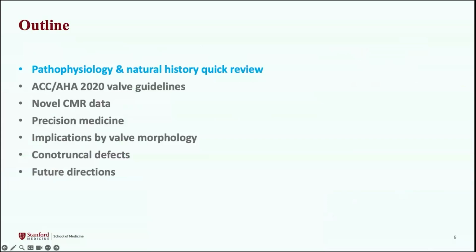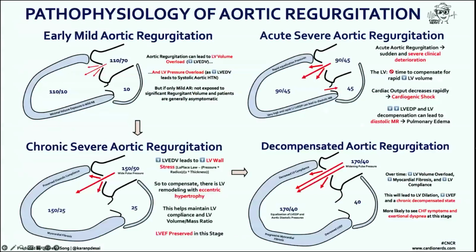So now that hopefully I warmed up your brains, got you thinking a little bit about how to manage them, we'll dive into a little bit of the pathophysiology and natural history. I stole this slide from my friends at Cardio Nerds because I think it's a good resource. If you don't know Cardio Nerds, check it out. So just as a reminder, aortic regurgitation is a volume and a pressure loading lesion. And so early on, and ignore the top right, we're just going to be talking about chronic, not acute aortic